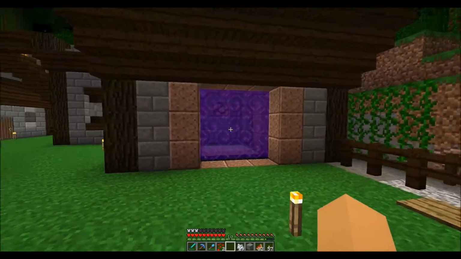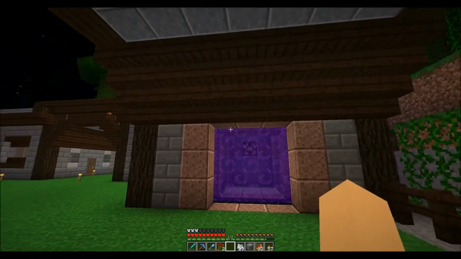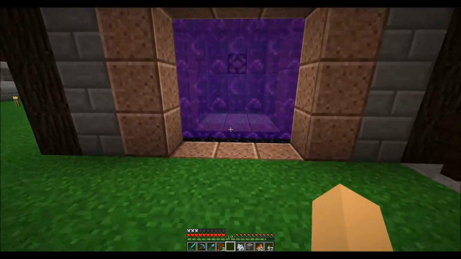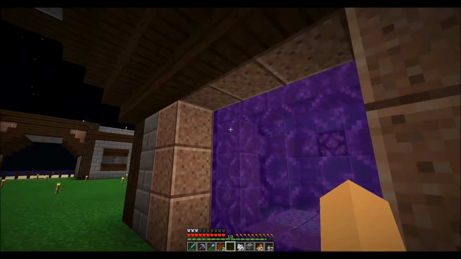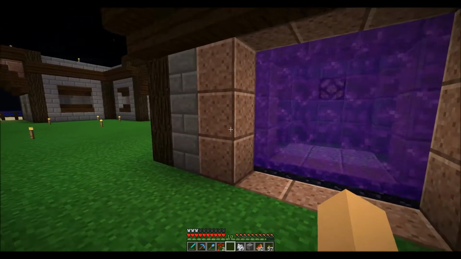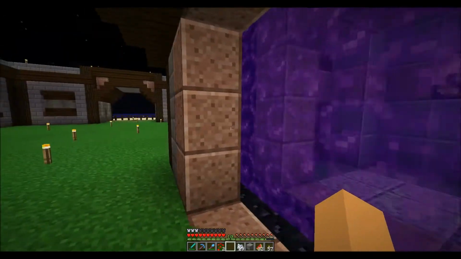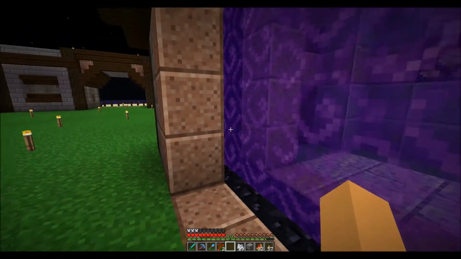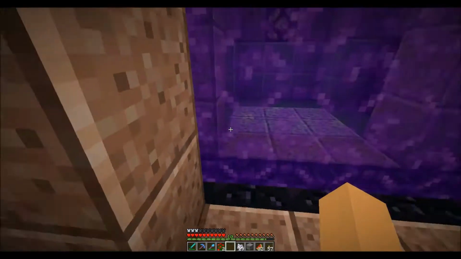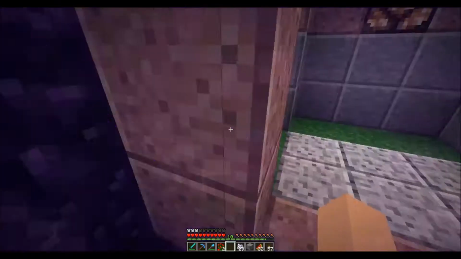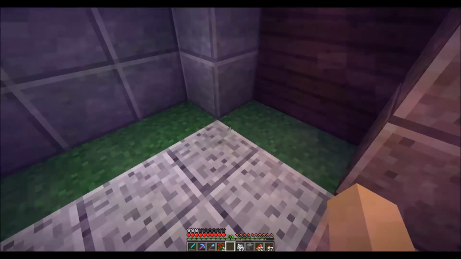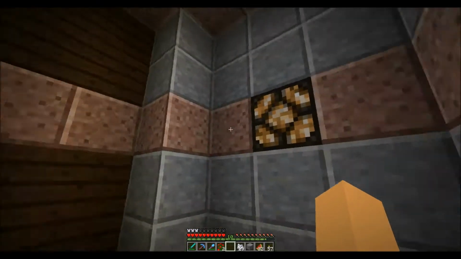I went ahead and just took the doors out completely, put the granite around the border. I left kind of a gap there, and I kind of like the way that looks, where the portal is actually back some. The only issue I have with it is hopefully you don't spawn and sit right here, but if you do, you can just run right out. So as you can kind of see,